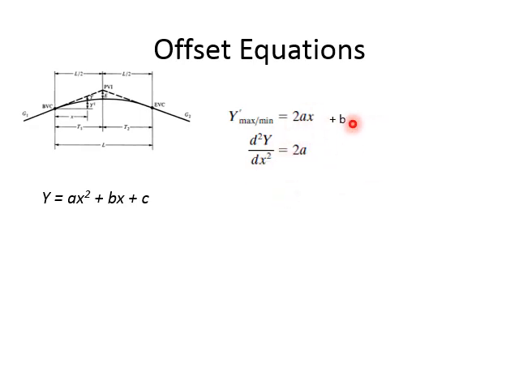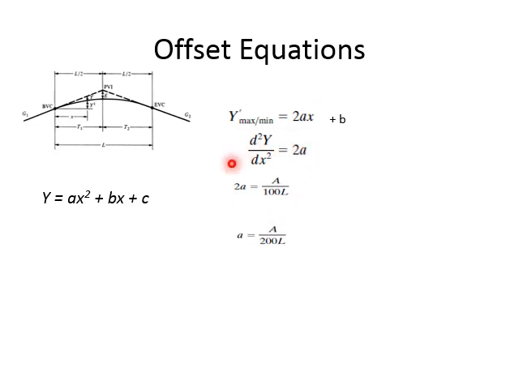Okay, now rate of change of gradient is what? Change in gradient was A, if you remember, capital A, change of gradient. And if you want rate of change of gradient, that will be A upon L, L being the length of the curve. How much change in gradient you have per unit length of the curve. So 2a can be made equal to A upon L, which is what we are doing here.